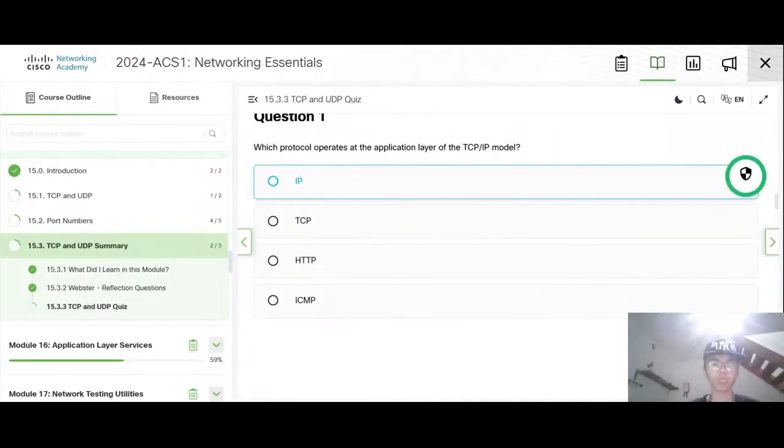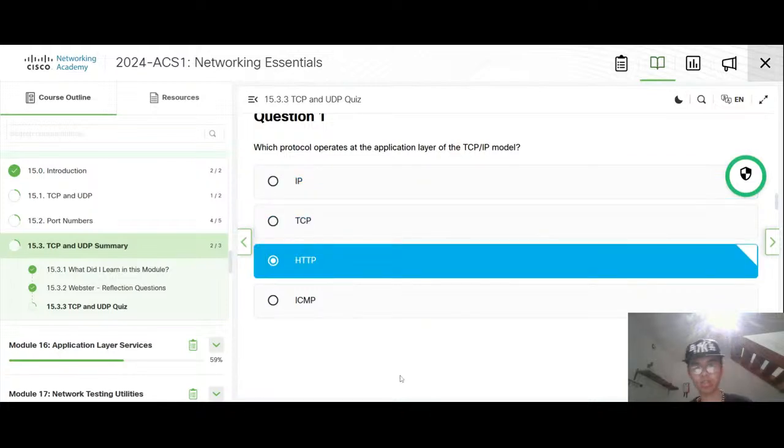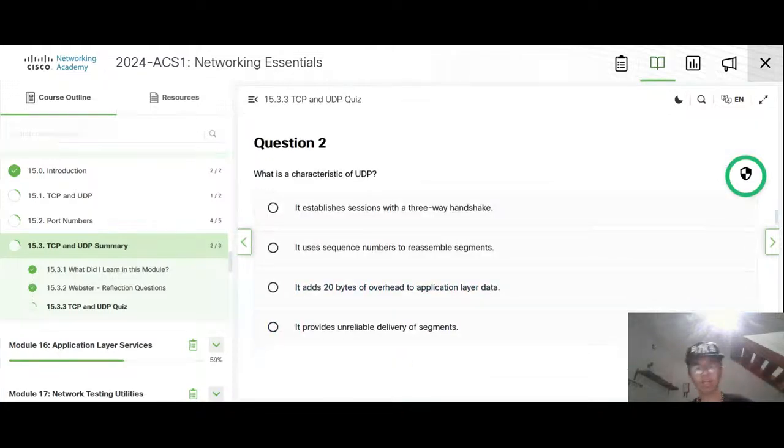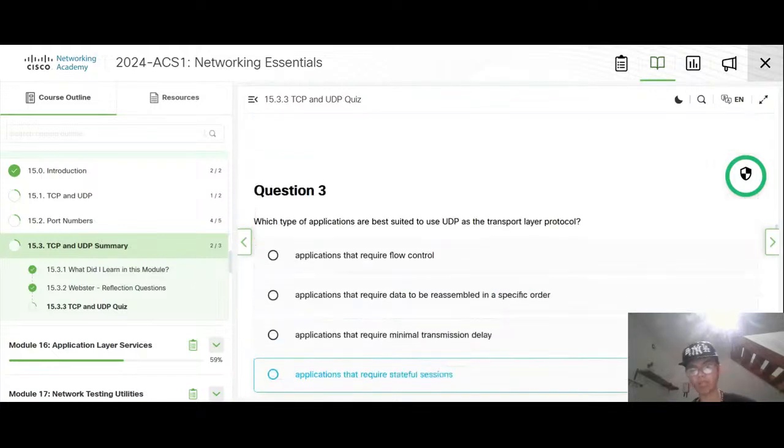Okay, which protocol separates the application layer, application HTTP, characteristic is provide unreliable delivery of segments.